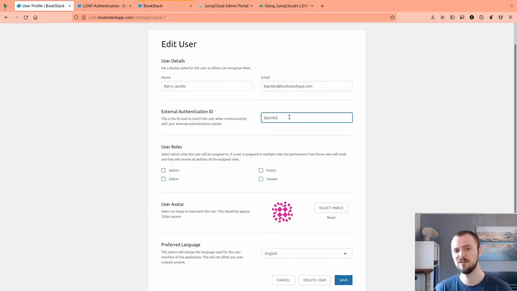If you've got a whole bunch of user accounts that you need to do that for, it can be quite a fiddly process, obviously going into each one of these. So it can alternatively be done by the REST API. Otherwise, this field is just a column within the users table within the database. So if you needed to, just be careful, but you could just go into the database and then run through the users table and update that for everyone in bulk where needed. So yeah, that's the authentication ID. It's good to be familiar with exactly the logic of what that does,